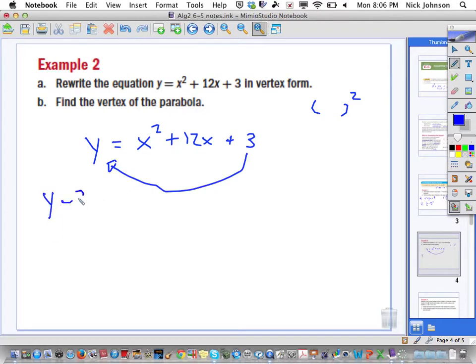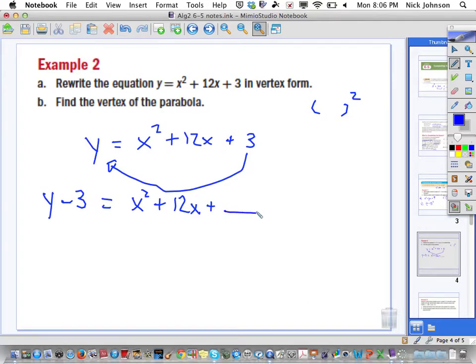So y minus 3 now is equal to x squared plus 12x. Okay? And if you see here, what we want is a 1 right here in front of the x squared. If this doesn't have a 1 in front of the x squared, what you have to do is divide by whatever that number is. Since there's a 1 in front of this x squared, we need to go ahead and